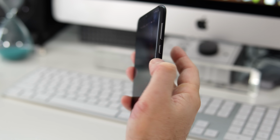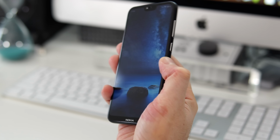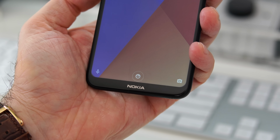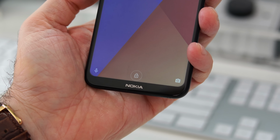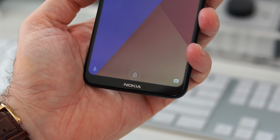Now the fingerprint scanner is accurate every single time, but I don't find it as fast as the one that we've had on the Nokia X5 that I reviewed about a week ago. So this one is a bit slower. Now you can also use the face unlocking if you don't like the fingerprint scanner, but the face unlocking doesn't work good if you don't have plenty of light. So if you're in a dark room, the face unlocking isn't gonna work and you're gonna have to use the